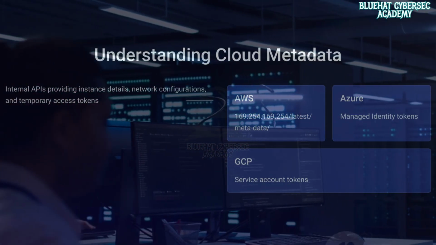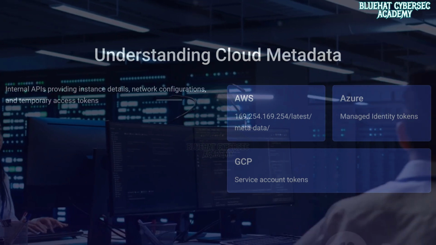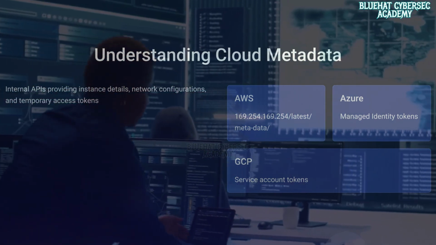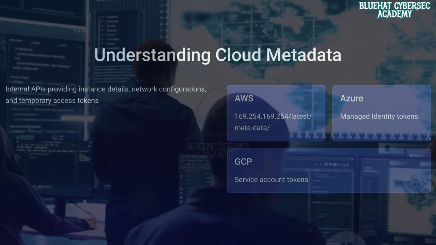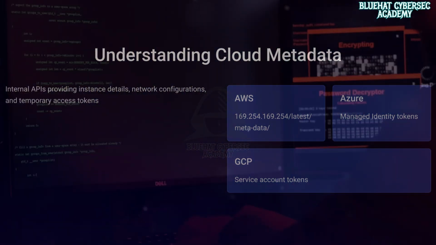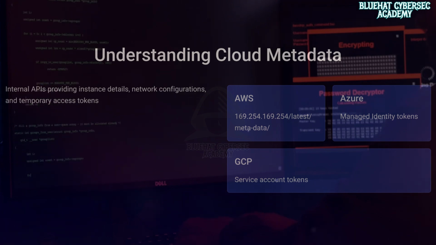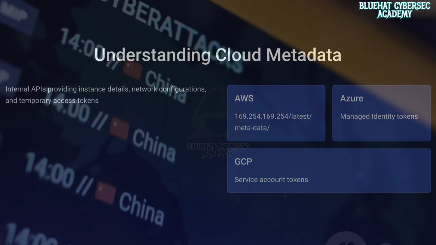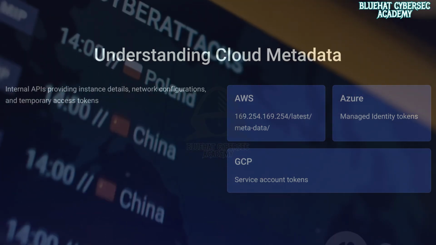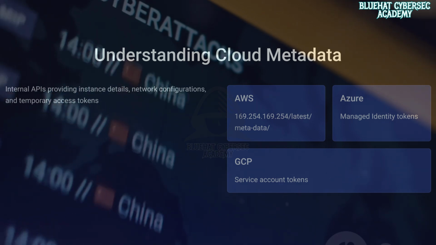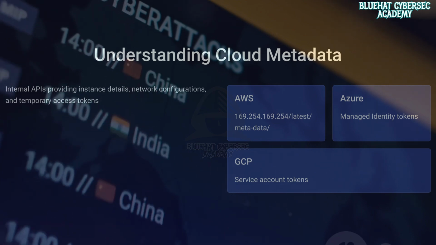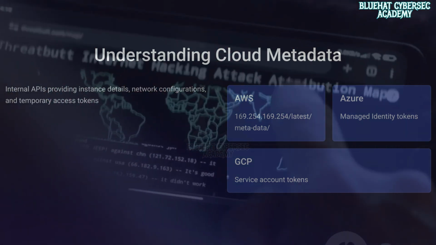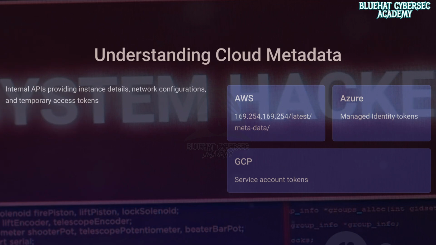Let's start by understanding what cloud metadata really is. Every cloud environment, whether it's AWS, Azure, or Google Cloud Platform, has something called metadata services. Think of these as internal APIs that your virtual machines or containers can access. They provide details like the instance ID, the region it's running in, its type, network configurations, and even service credentials or temporary access tokens. For example, in AWS, the metadata service is available at